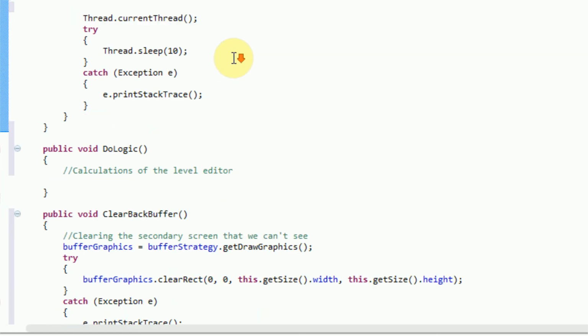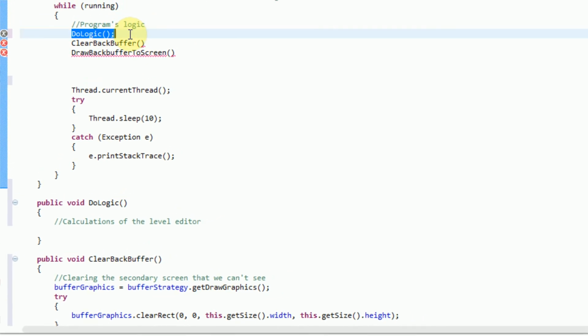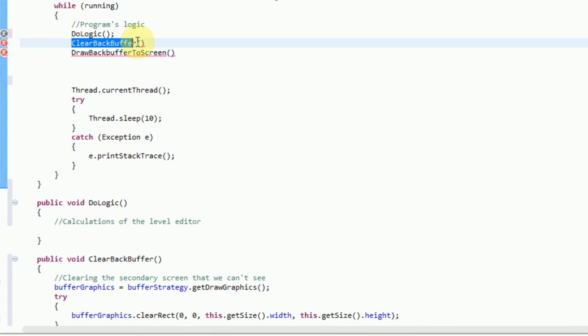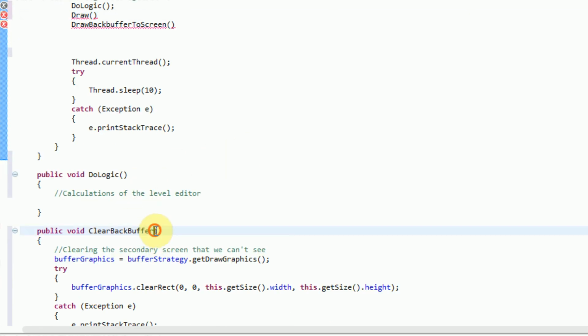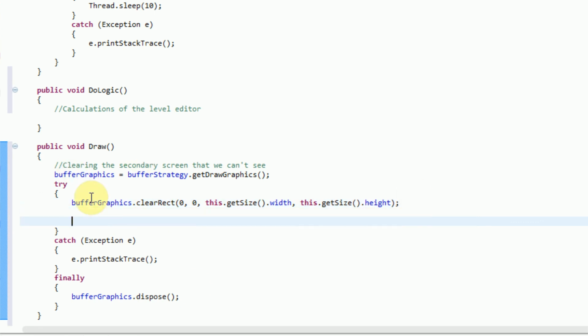Okay, so when I was actually setting up the program's logic, I messed up a little bit. So we've got the do logic, which is fine. And then what we want to do is, instead of the clear back buffer, we're just going to want to have this method called draw. What this method will do is it'll actually clear the back buffer, and then it will draw everything to the back buffer. So right here, after we're done clearing the rectangle, this is where everything will be drawn to